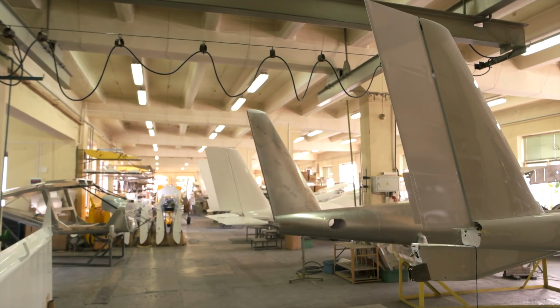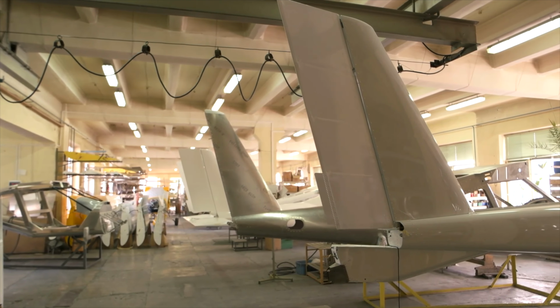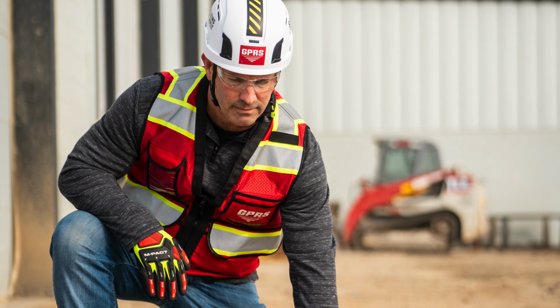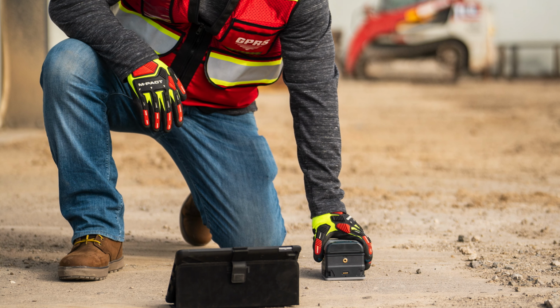A commercial airplane manufacturer was planning to install new wing stands in its main aircraft assembly plant. Skanska was hired as the general contractor to anchor the wing stands to the concrete surfaces in the building. And GPRS was hired by Skanska to scan, locate, and mark the rebar in the concrete around the proposed anchor locations. Identifying where rebar is located before coring or cutting into concrete reduces the risk of injuries or anchor failure,